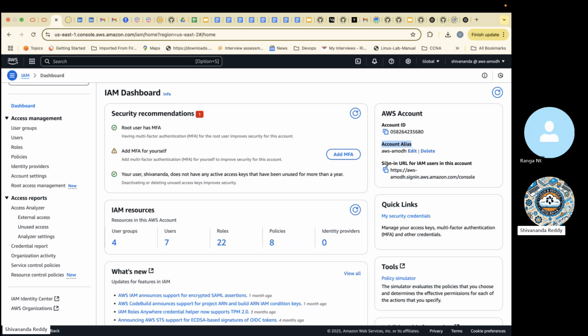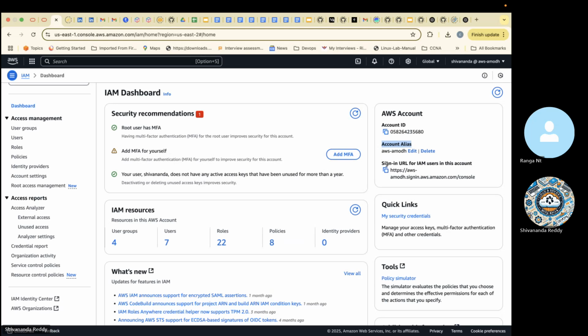Now one quick question: as a root user you know how to log in, but as a normal IAM user, how will that person log in? IAM users are not separate accounts; they are part of your AWS root account only. Kind of, you are the father of those child accounts, and the child accounts are IAM users. Whatever the children do is accountable to you only. Like, whatever your children do, at the end they reach your home only. In the same way, whatever they do in IAM will be in your account only.